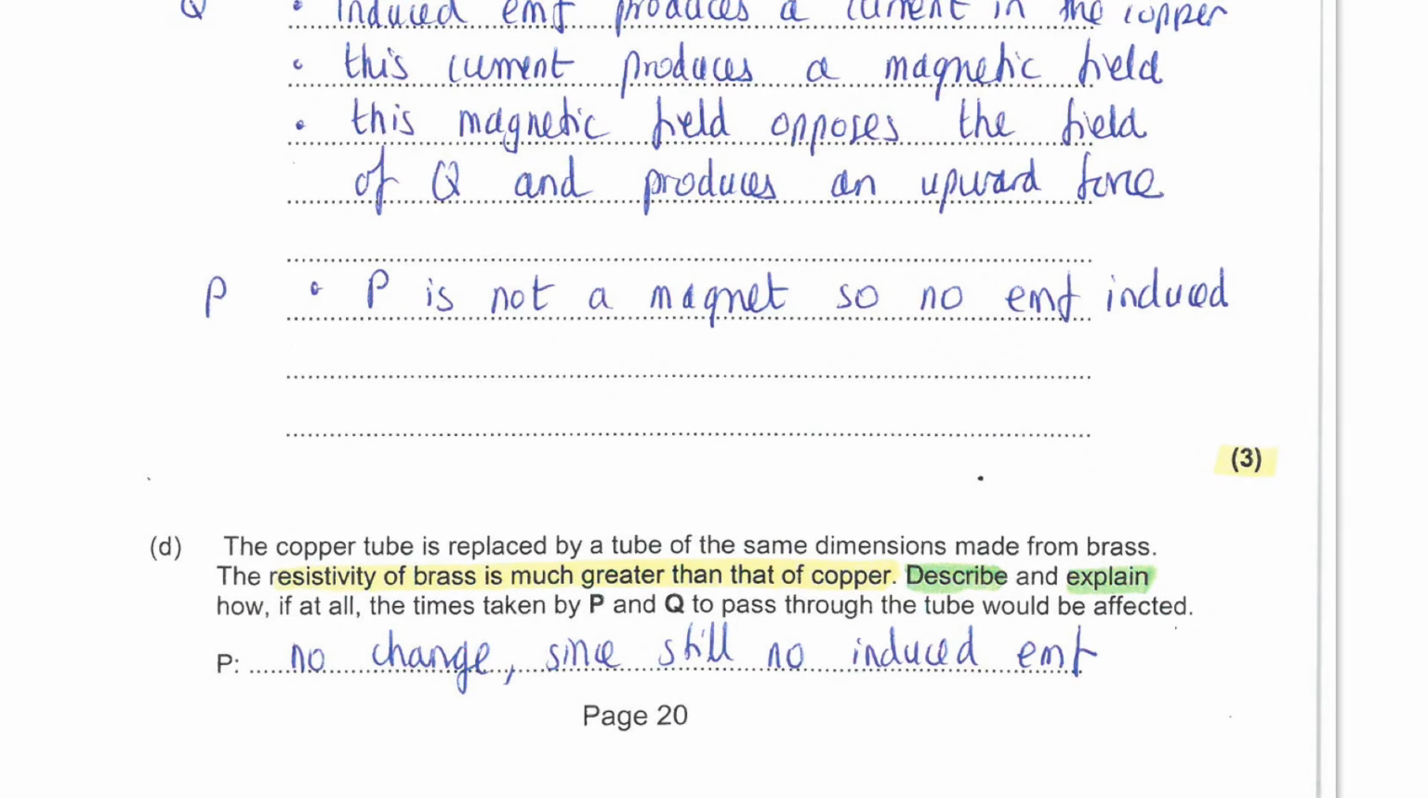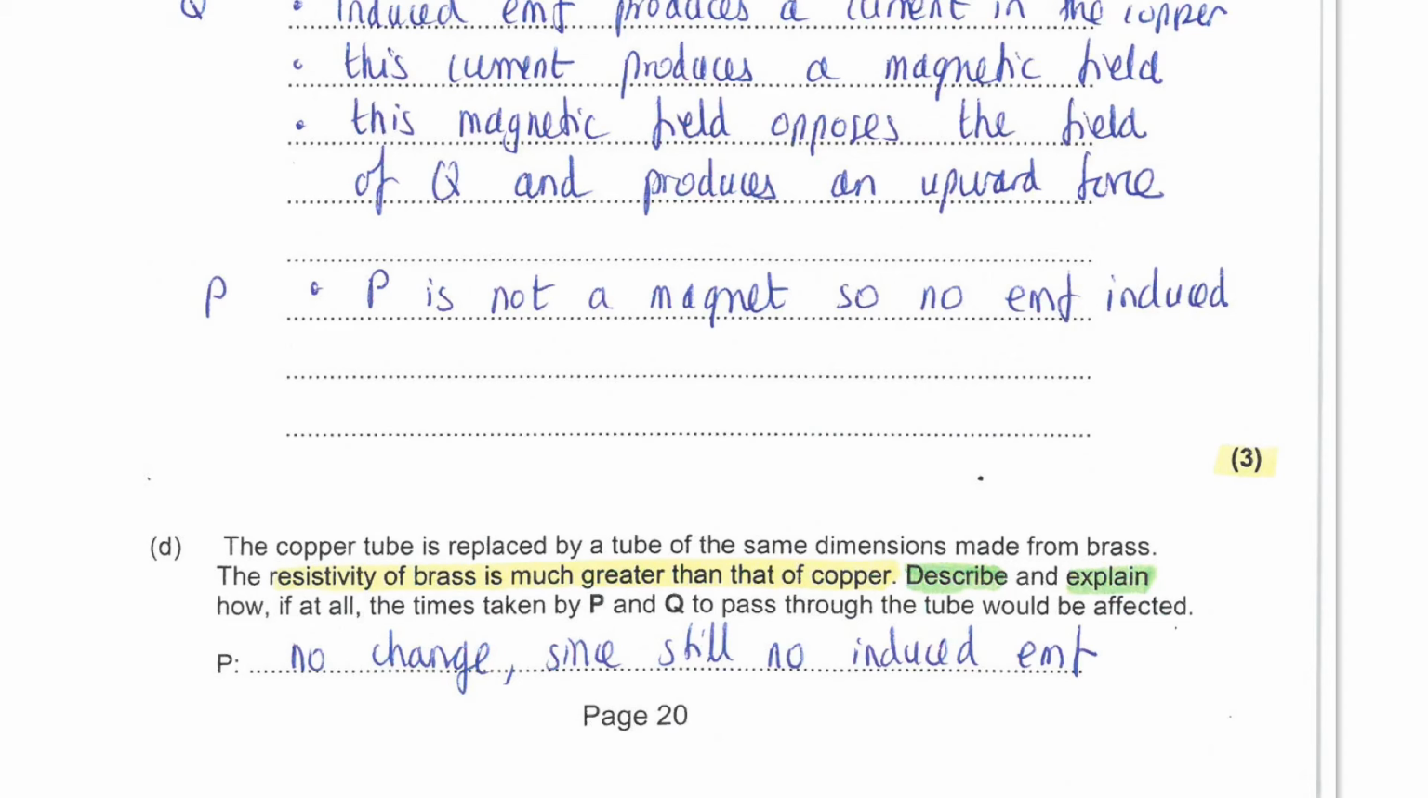Next, you're asked to state the consequence of this induced EMF and then explain why Q takes longer to pass through than P. Now, both the tubes are mentioned here, so I think you need to at least make 1 point referring to P. There are 3 marks allocated here, and you would need 3 of these bullet points. So, the induced EMF,